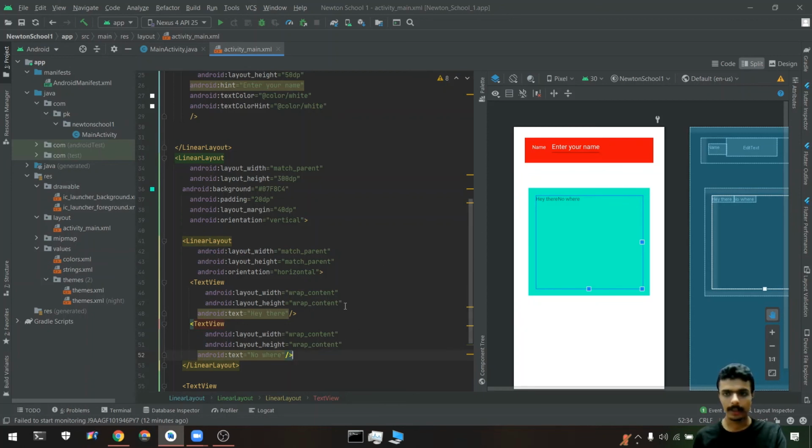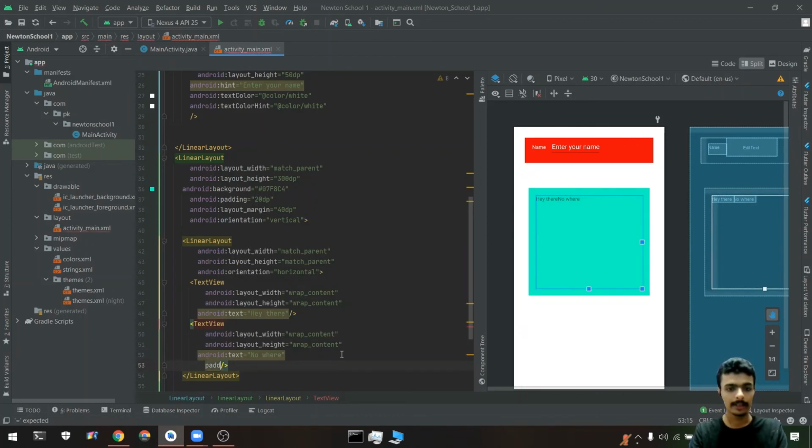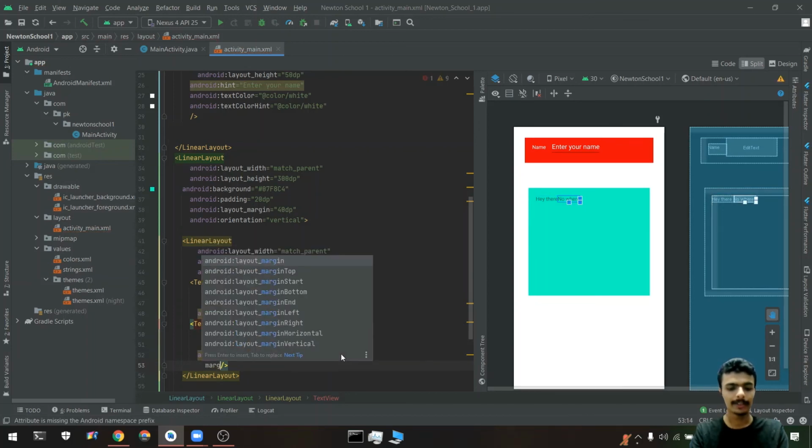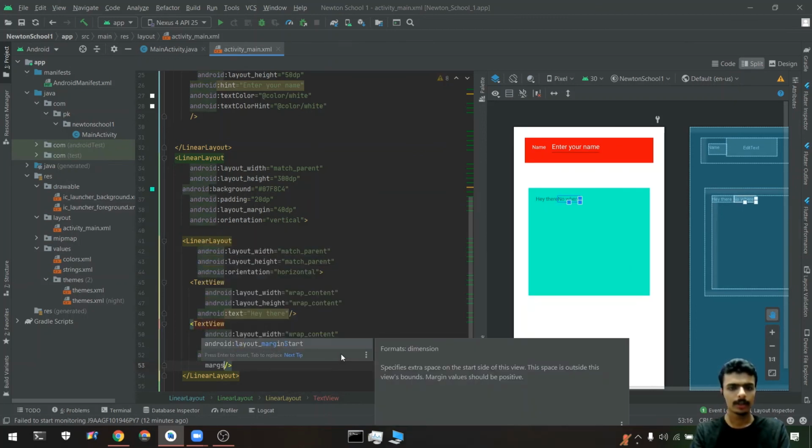So what I can do is create some spacing between those two. Oh, sorry, this is not a padding, this is a margin. I'm also confused. Okay, so I have 20 dp from that, or I can set margin start.